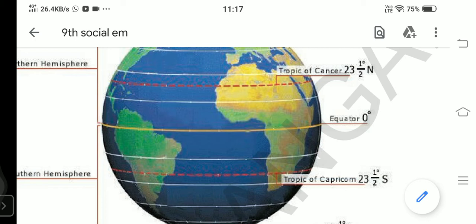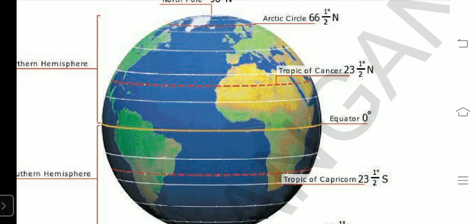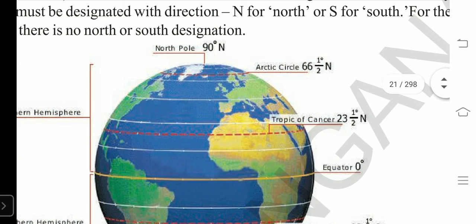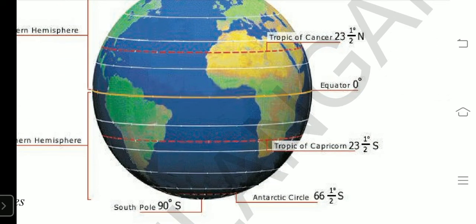Then what is the standard time of India? IST, that is 82 and a half degrees east. The time at that longitude is applicable to all people of India. Everybody has to follow that time. Understand? That is IST. Is it clear? When we follow IST, there won't be confusion. Clear? Right? This is about latitudes and longitudes.